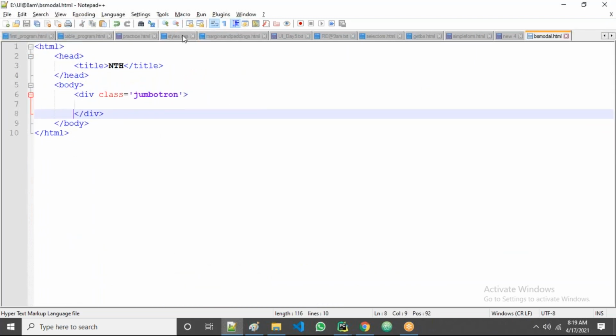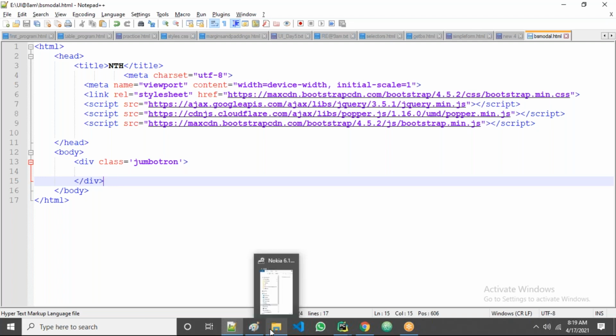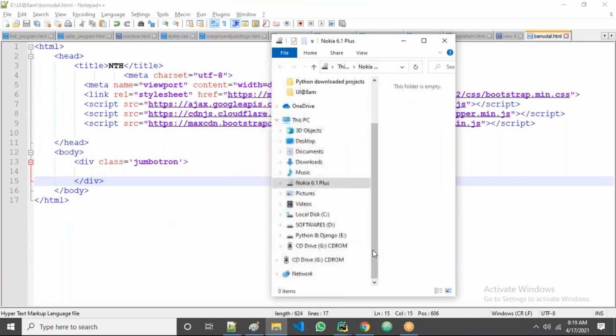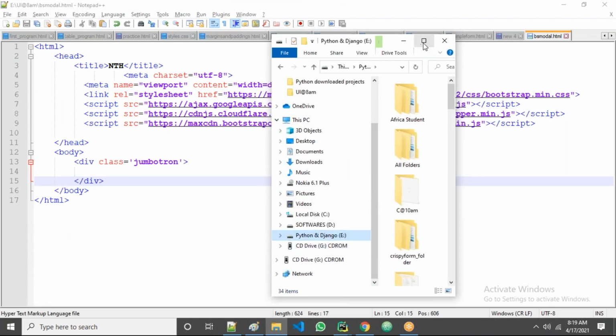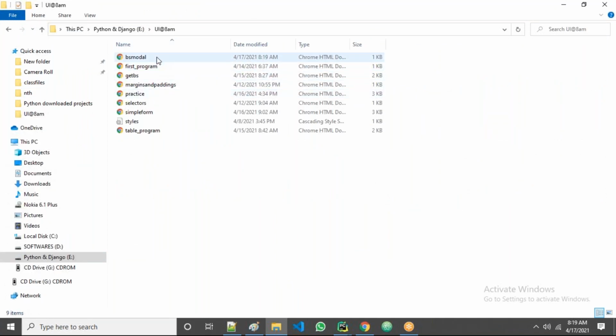I'll add those same Bootstrap lines in the same header here. Now we save this one. Only jumbotron is taken; inside the jumbotron, nothing is taken. Let's go to our folders. Yes, I'll try to run it now. Let us see, if you take only a jumbotron, what will display? What is the name? BS model. All of you can observe here, in the browser, some part is highlighted.